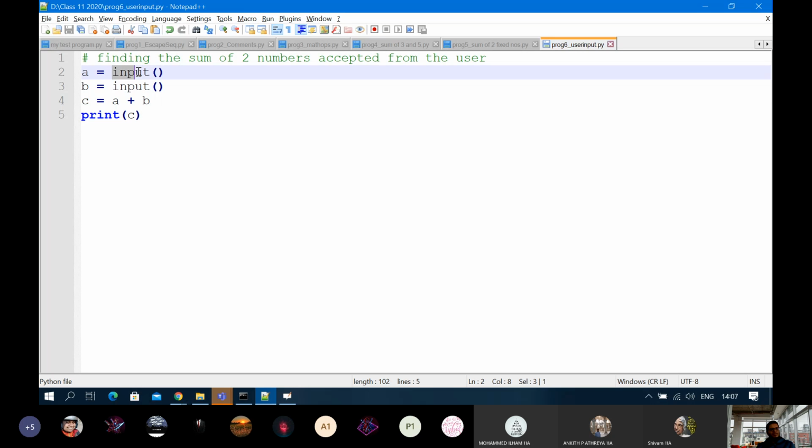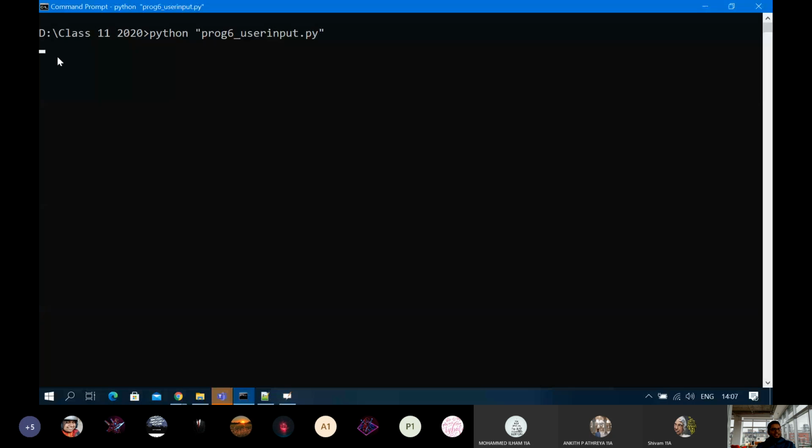When it started evaluating the right side of the equal to sign, it found the input function. This input function is halting the execution and the cursor is blinking. So the input function is asking you to give a value here. So you simply type 2. The moment you type 2 and press enter, you will see again it is blinking in the next line.